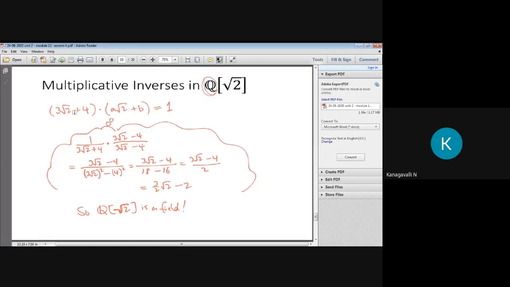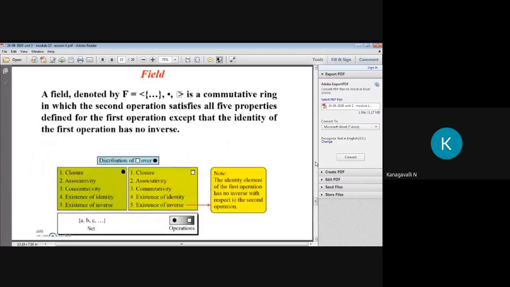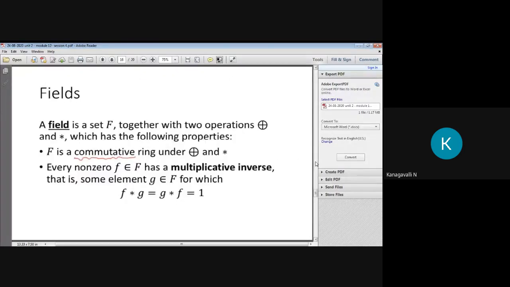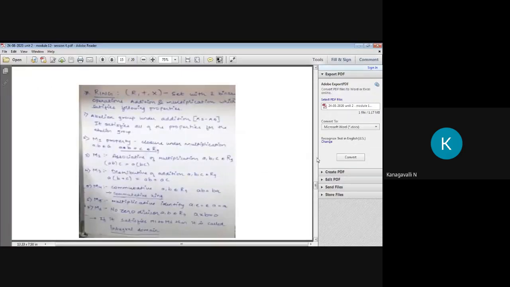See, we would always think that the inverse term is 3 root 2 minus 4 only, we thought, right? But here it won't satisfy that rule, it just checks in the form of a root 2 plus b or minus b, right? So here 3 by 2 root 2 minus 2. The same thing also for your finite field. When your field is a finite field, definitely it satisfies the multiplicative inverse with the help of both operations, addition and multiplication, right? If you want, you take one integer term, then check whether all these properties are satisfied in this ring or not, right?